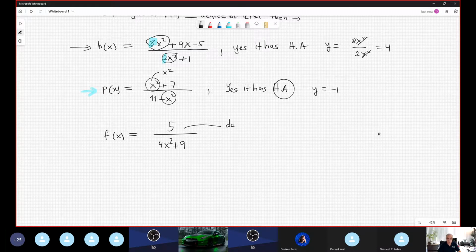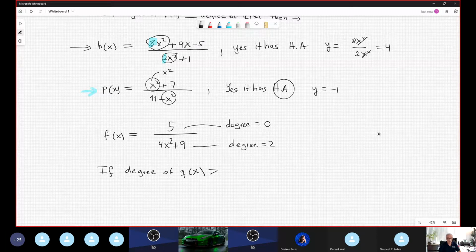The degree of the polynomial is 0 because we have no x, so we can interpret it like x to the 0. Any number or variable raised to the 0 power is equal to 1. Now the degree here is 2. So if the degree of q, I call q the polynomial in the bottom, is greater than the degree of p, the polynomial in the top,